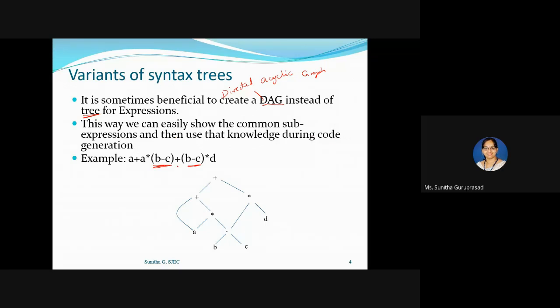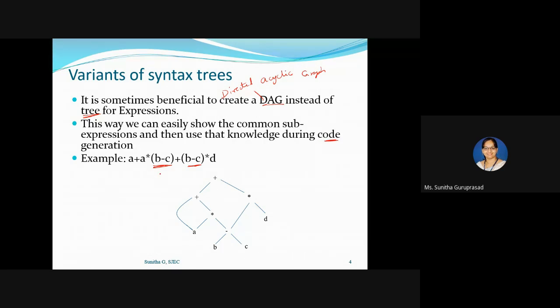Using the common sub-expression instead of two different expressions makes code generation easy, reducing the space complexity as well as the time complexity, because it reduces the amount of code that will be generated.